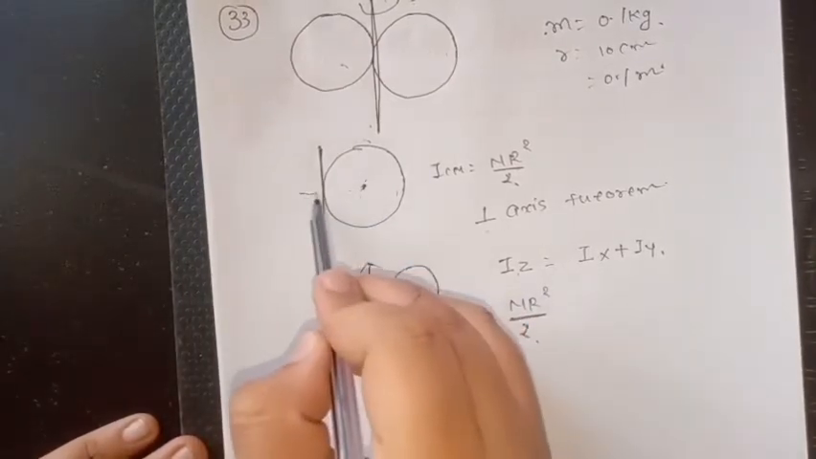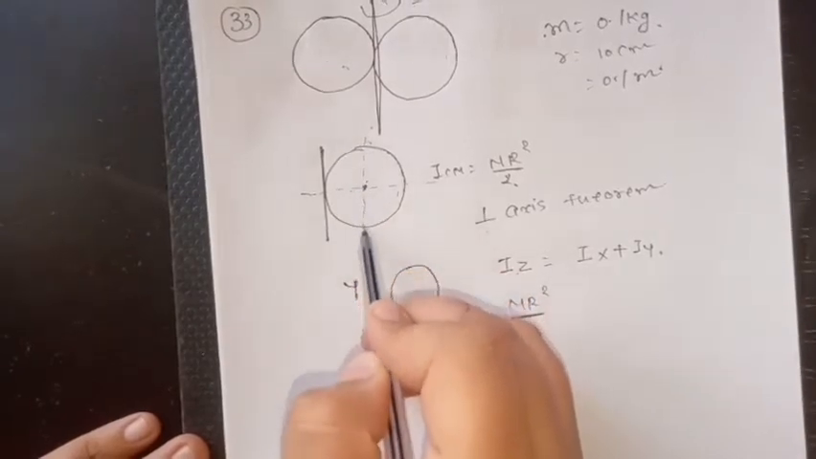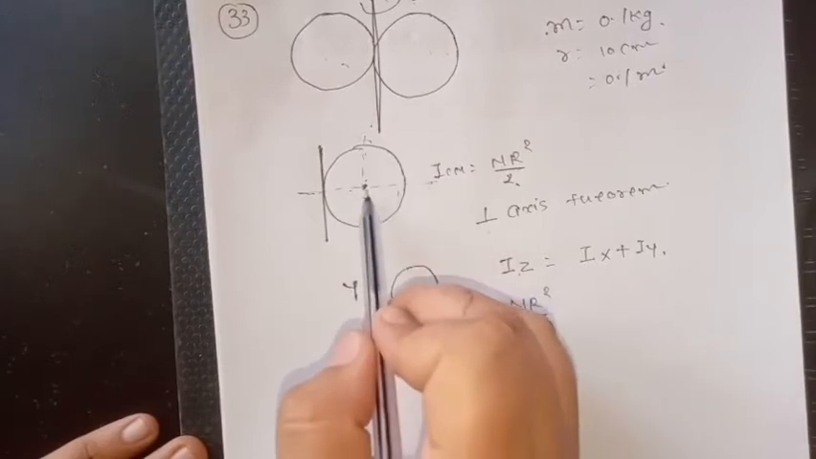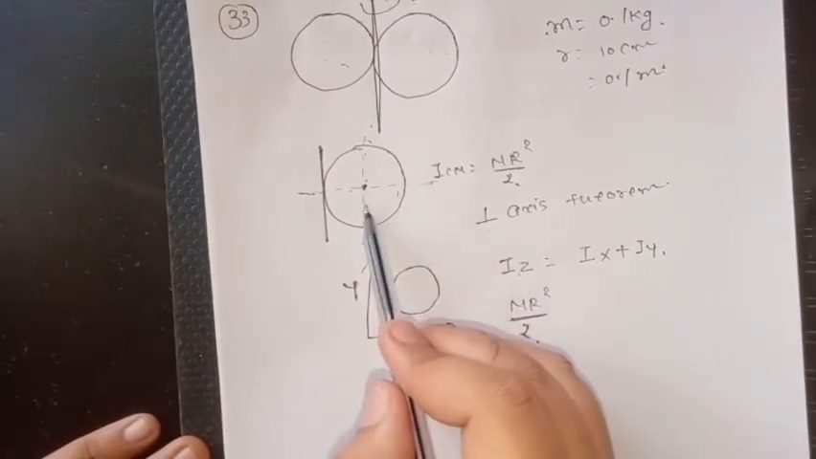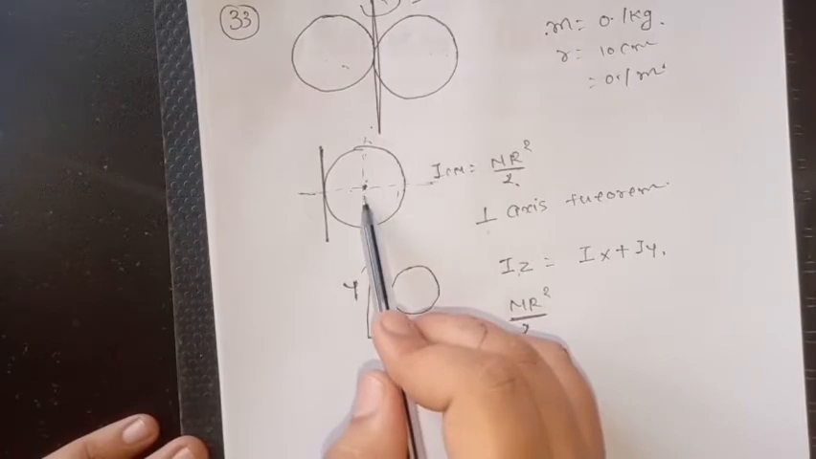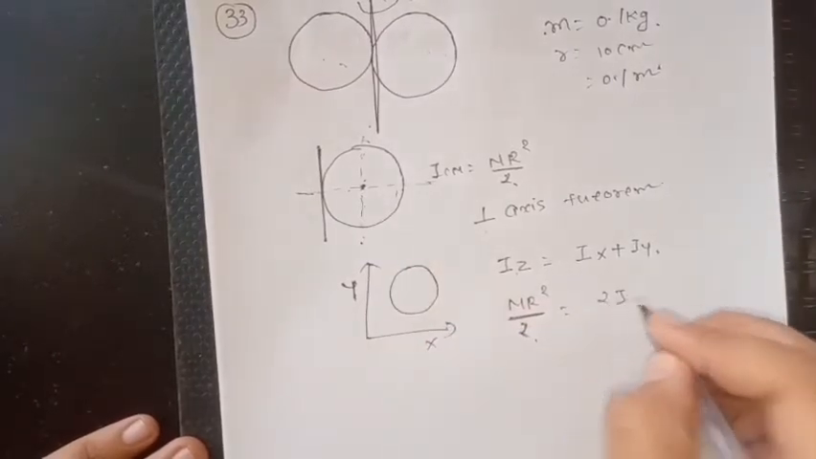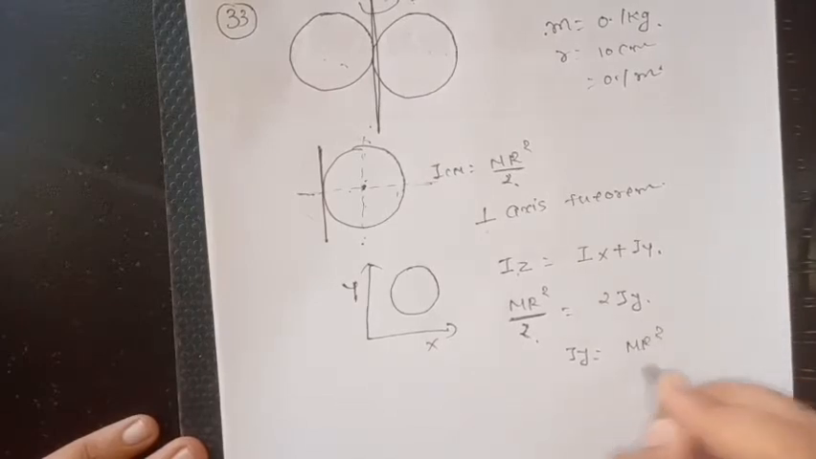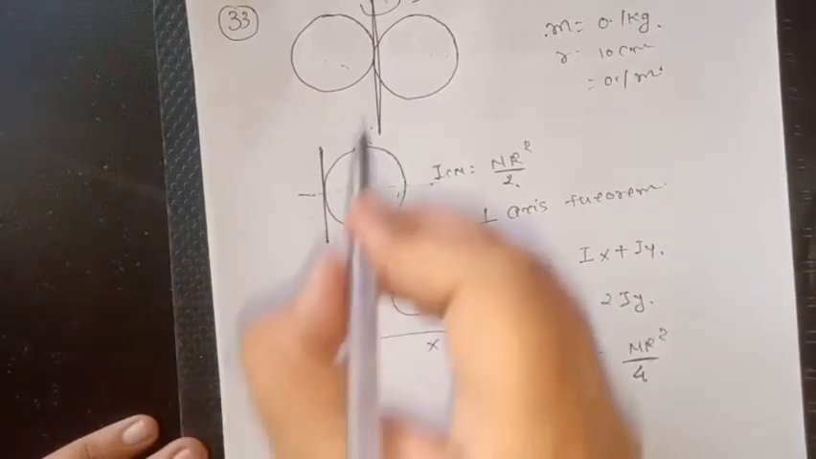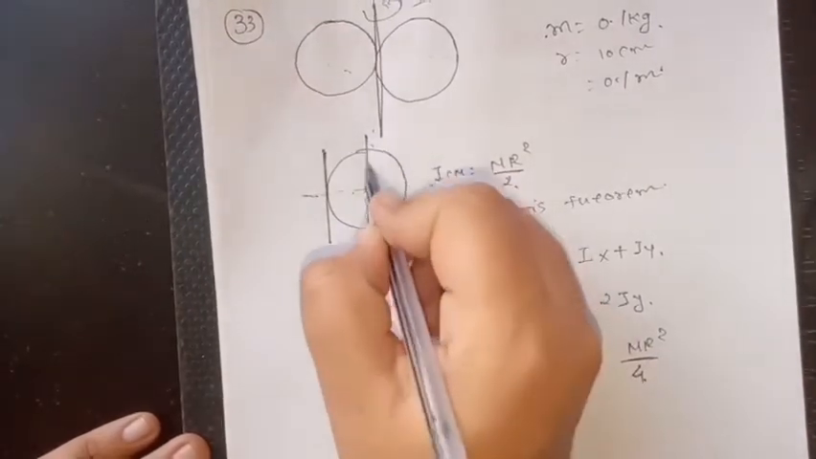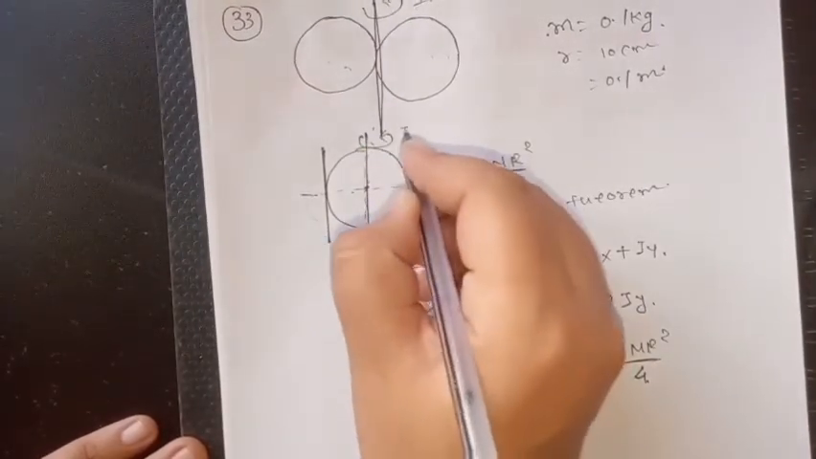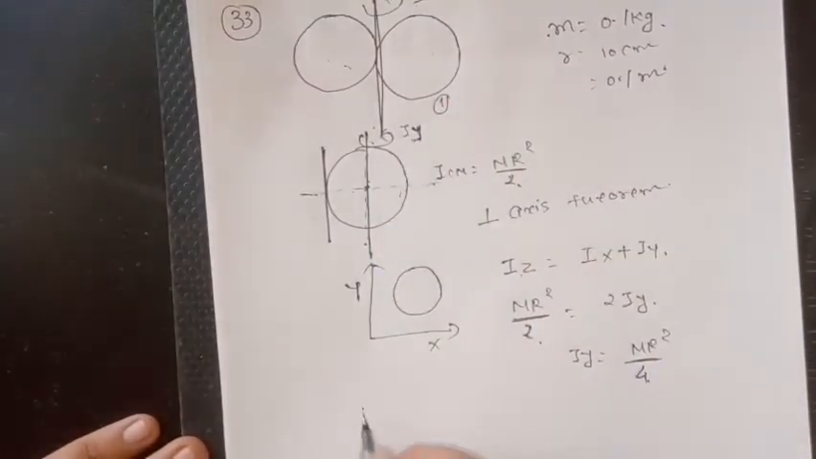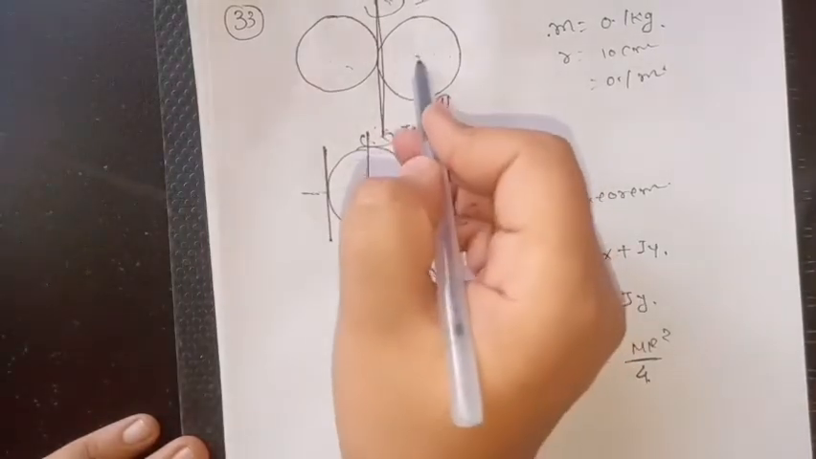Now this is the x-axis and this is the y-axis. As the x-axis and y-axis divide this plate equally, the moment of inertia about the x-axis and about the y-axis will be the same. So we can write it as 2Iy. So Iy is equal to mr square by 4. So the moment of inertia about this axis is Iy. For plate 1, the moment of inertia about this axis: